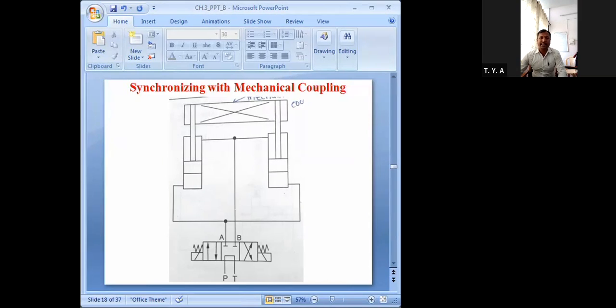Now you can see here, for better understanding, in all the figures I have taken, if you observe, I have used a 4x3 direction control valve, pilot operated, spring centered. You can see here the fluid which is taken by the pump from the reservoir, that pump is going to supply that fluid to this P port. Now this is the center, it is all closed.